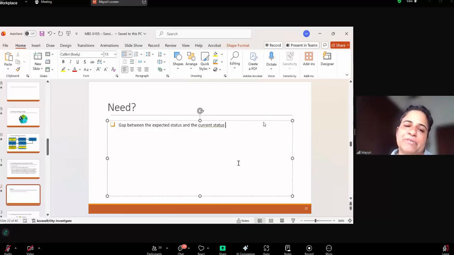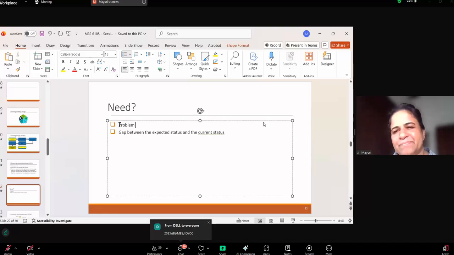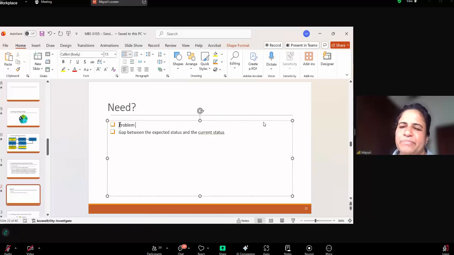As a rule of thumb, need is a problem. Think about it: we have financial needs, problem. We have relationship needs, problem. We have educational needs, problems. So therefore, the simple rule of thumb answer for what is a need